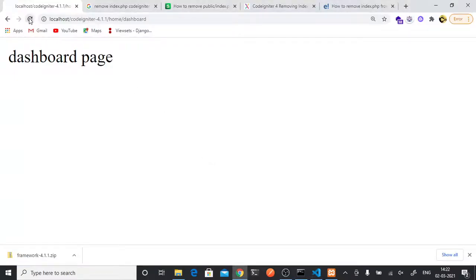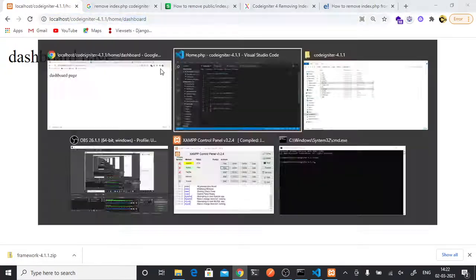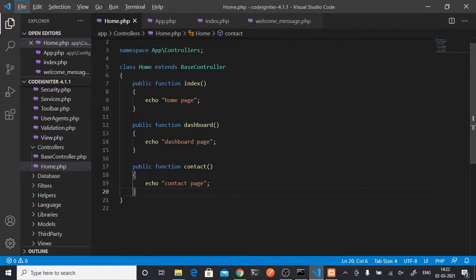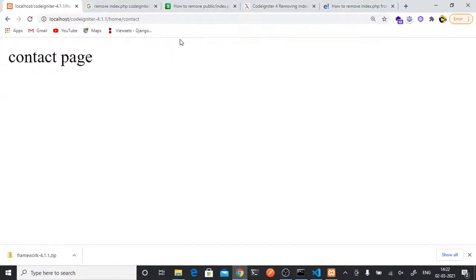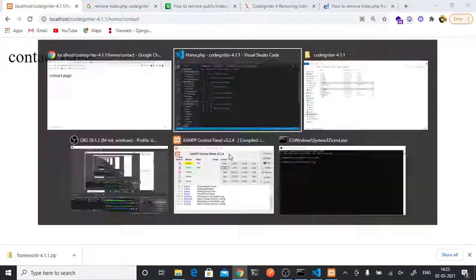So now if I want to go to contact, your class name, that is home, and then the method name, that is contact. So this is how you can do routing in your CodeIgniter 4 project.